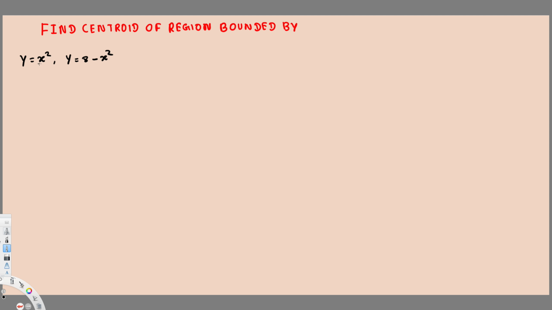The first thing is we have y is equal to x square. We know that that's a parabola opening up. So let's draw that one first. So we have a parabola that is opening up,